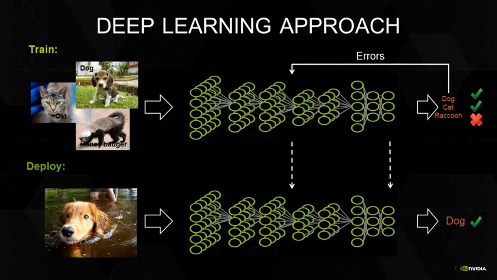We pass the image into the model, then we do what's called feed forward. It passes through the model, and at the end, the model makes a prediction as to what the animal is. That prediction is then compared to this ground truth label we have, and if it gets it incorrect, if there's an error, then that error is passed back to refine the model so that the performance improves next time it